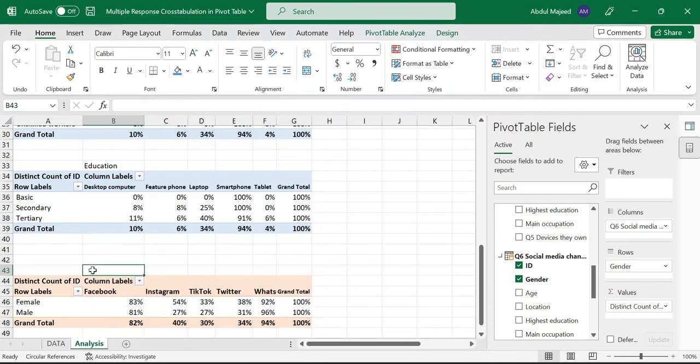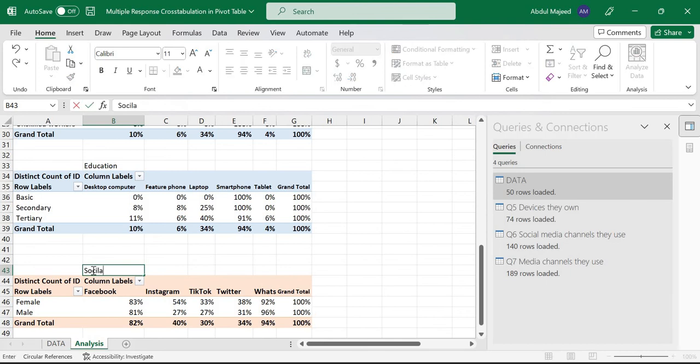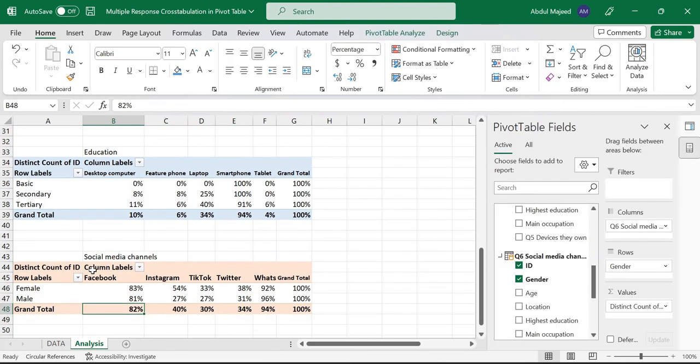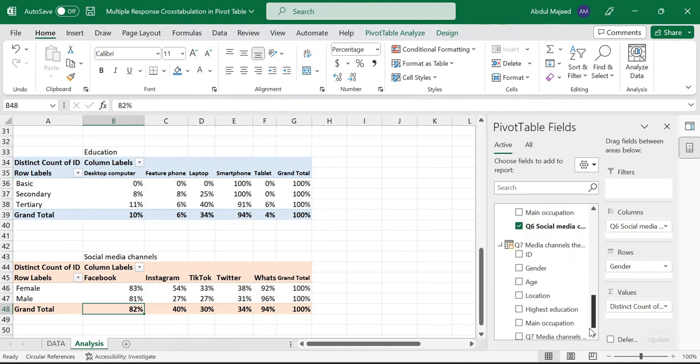So for social media channels, you do the same thing. You can cross-tabulate with all other single response variables that you have in the data, and the same thing with the other